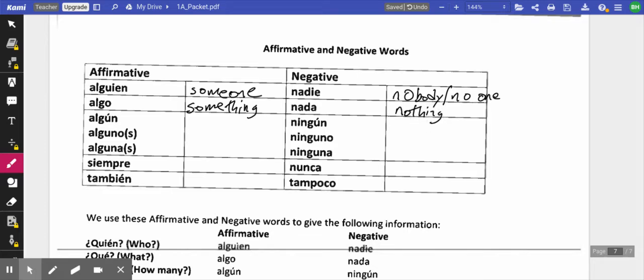All right, hopefully everyone can get nada because it's something that we use a lot. Algún or alguno is some, or sometimes it can also mean someone. And you'll see an example of that down below. So then the opposite of that is none, or again, no one. All right, and then siempre, always. Opposite of always,